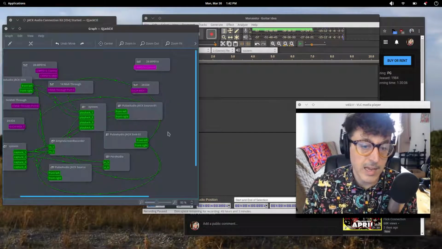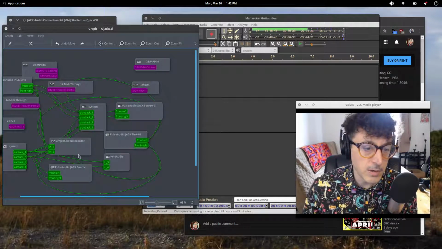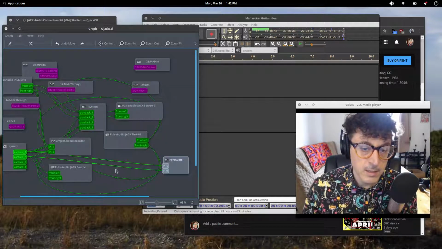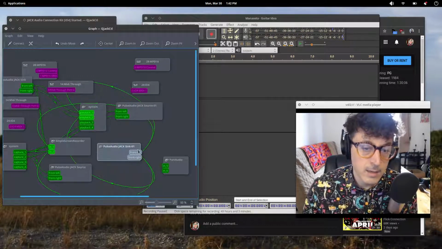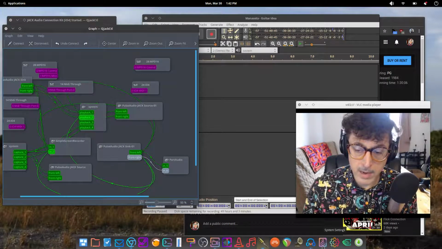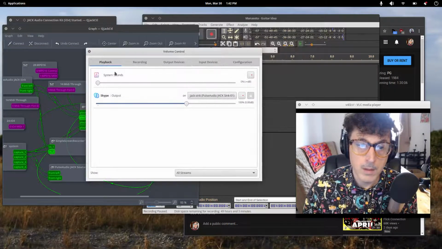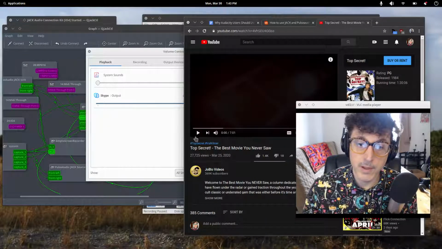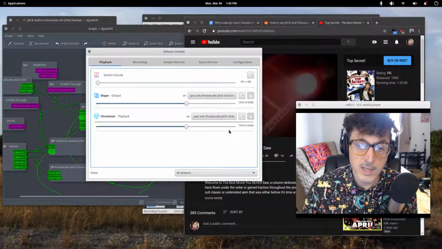And now that gives us our Jack inputs. And you can already see my mic right there as well. But what we could do at this point is disconnect our audio inputs right here, and then go from our Jack Sync and plug that directly into here. And let me make sure my audio is going through my Jack Sync from Chrome. Oh, and here's another one, Skype. We can actually use Skype that way as well. But playback, oh, okay, I guess I have to press play on here for it to show up. So Chromium, let's go ahead and put Jack Sync, press play here.